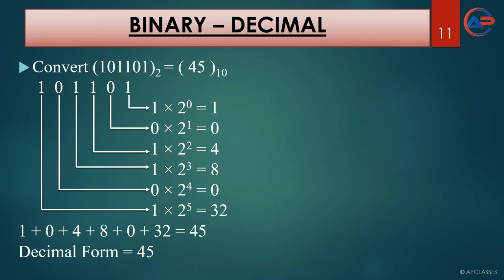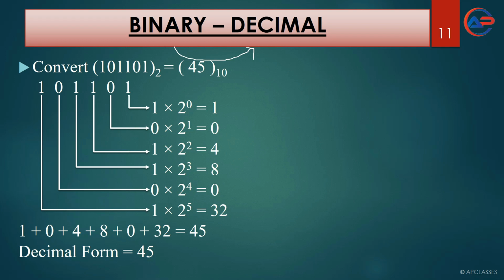Now, when we have to convert binary to decimal, we have to multiply by 2. Remember, for any number system, when you have to convert it to decimal, you have to multiply. Decimal to binary, divide by 2. Binary to decimal, multiply by 2. Decimal to octal, divide by 8. Octal to decimal, multiply by 8. Decimal to hexadecimal, divide by 16. Hexadecimal to decimal, multiply by 16. That is the formula, or the procedure which we have to follow.